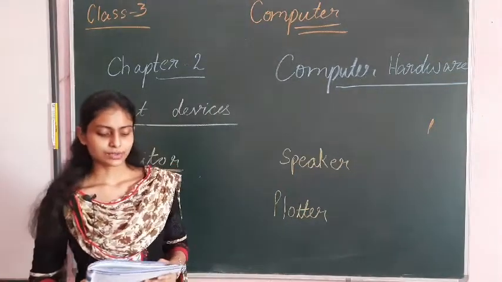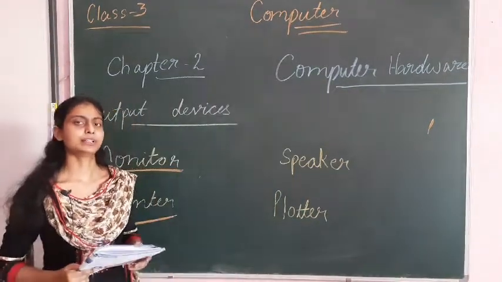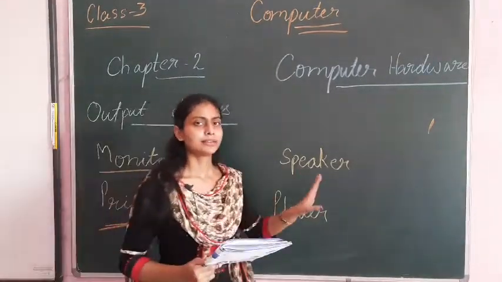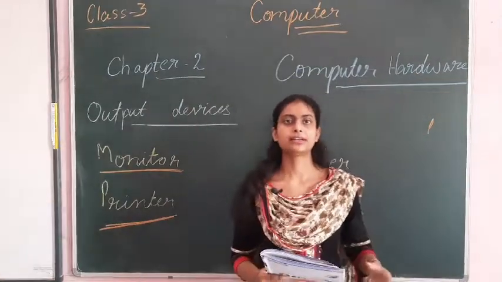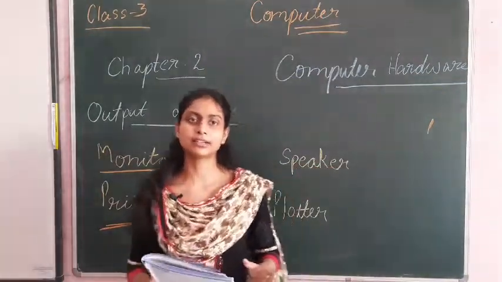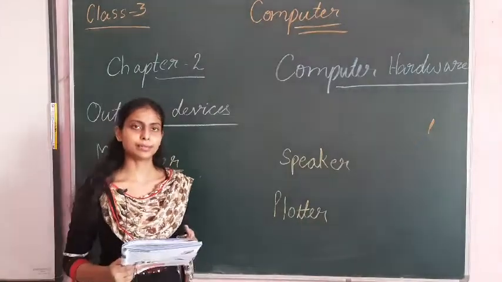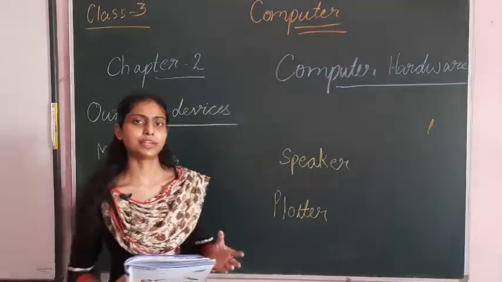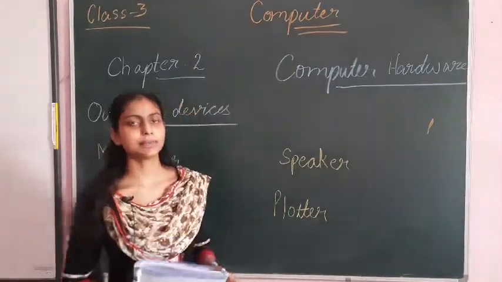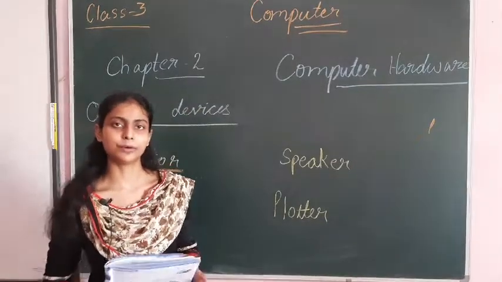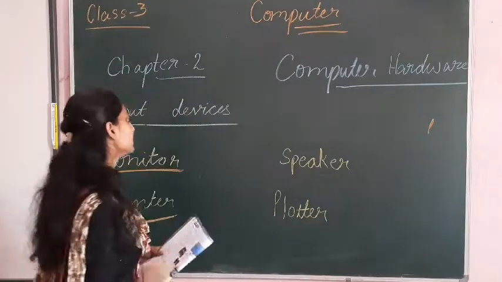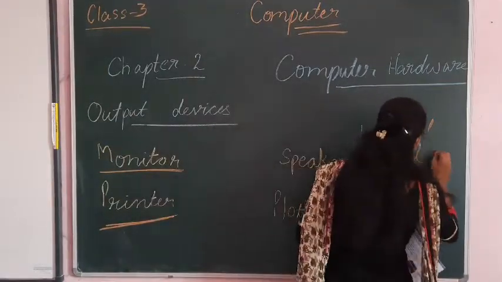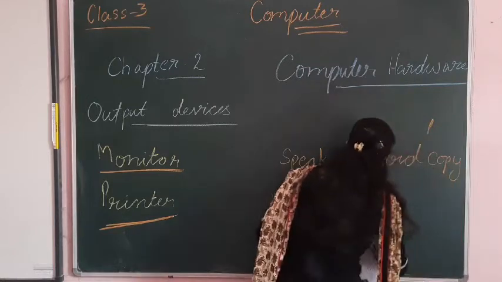The output on paper is known as a hard copy output. Now, when you are using a printer, you will print something on a paper, and when you take the output from the printer, it will give it on paper. And that paper is known as what? Hard copy output.